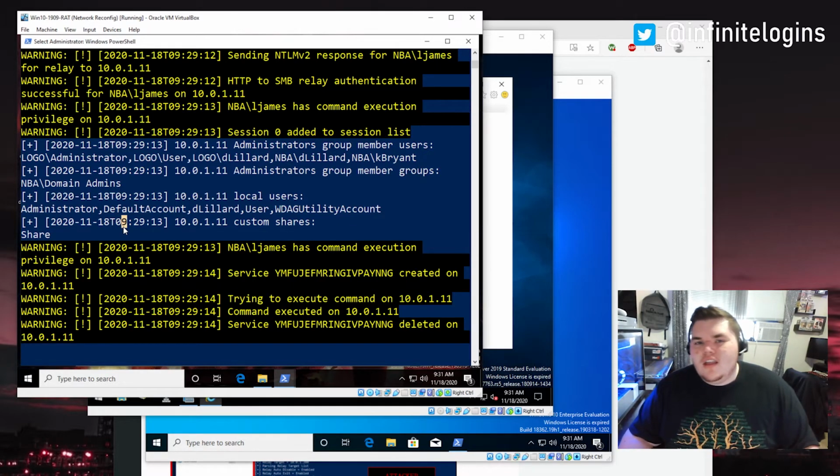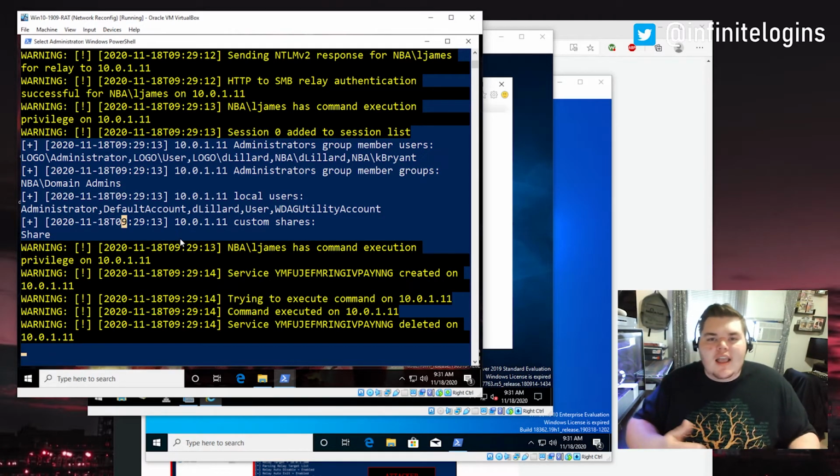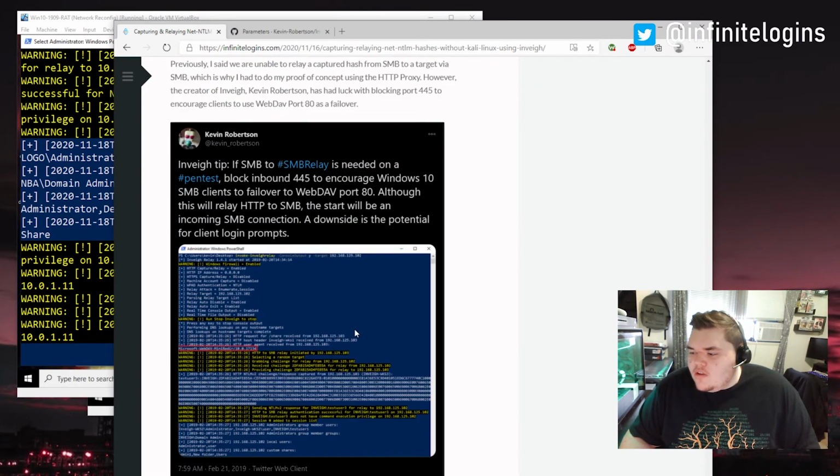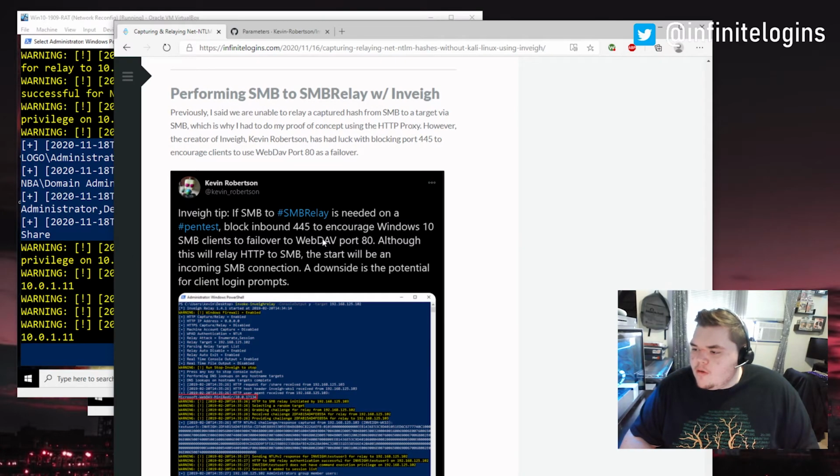Again, I don't like the fact that you can only relay HTTP hashes that were captured. They're not HTTP hashes; they're still NTLMv2 hashes, but they were captured over that HTTP server, and I don't like that. I feel like that's not realistic. More often than not, you're going to capture hashes through an SMB or LLMNR method. Now, on that note, I found this Twitter post from Kevin Robertson, the guy who created Inveigh,